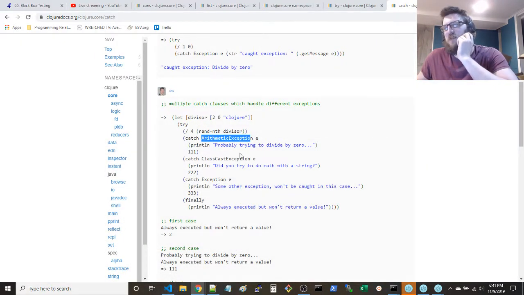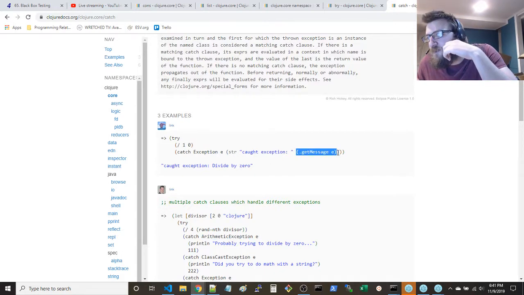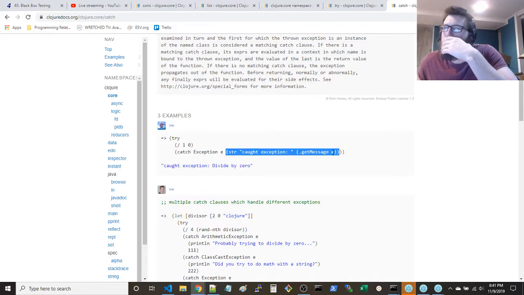And within the catch, 111, what is that? E message string. Okay. Caught exception get message. E. All right.